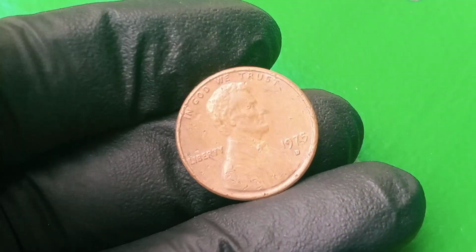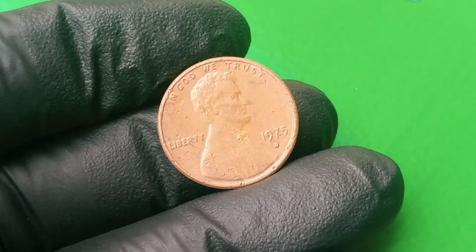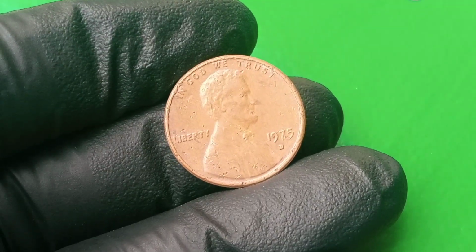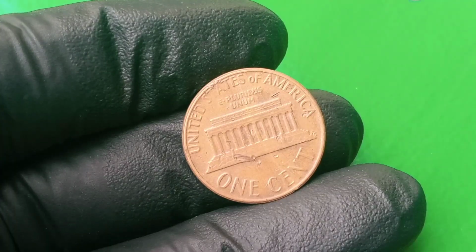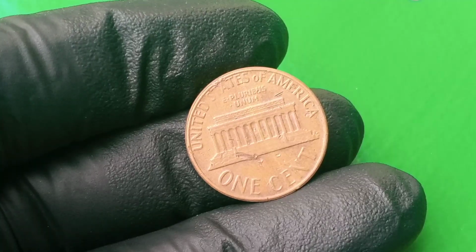And of course we must not overlook striking errors such as broad strikes, where the collar fails and the coin expands beyond its normal diameter, or die caps, where a struck coin sticks to a die and impresses its design onto multiple planchets in distorted fashion. And while some of these errors can be dramatic and eye-catching, it's the combination of one or more of these mistakes on a coin with an already low mintage in its error form that creates the $8 million phenomenon, because